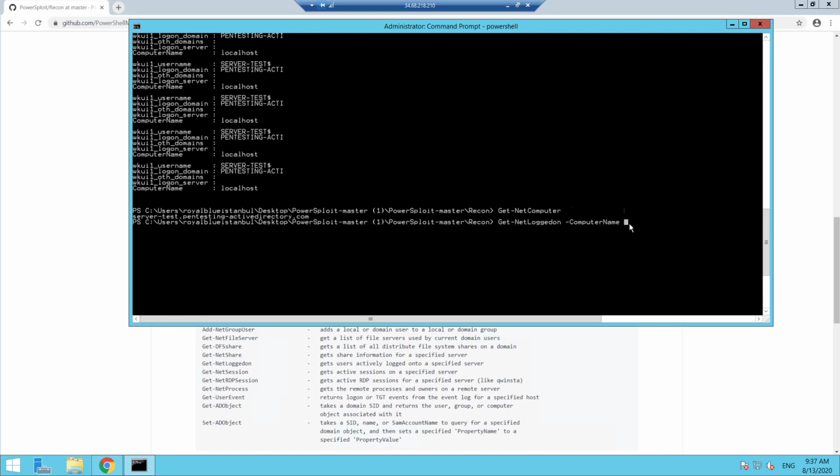So we need to see who the logged in users are. We see that by using Get-NetLoggedon, specifying the computer name, or we run that in general and see all the users. After we have determined who the currently logged in users are, we can draw our map, update our map, and tune our attack further to specific users. Now, the next step, guys, after that,